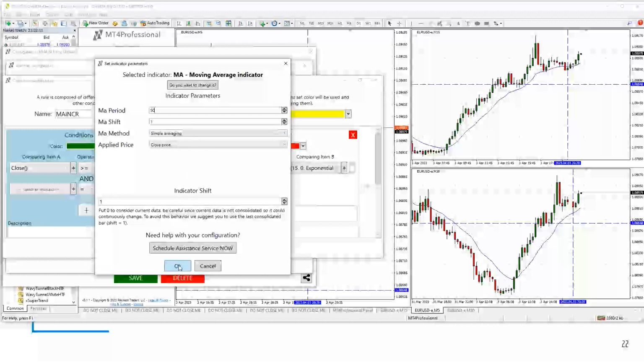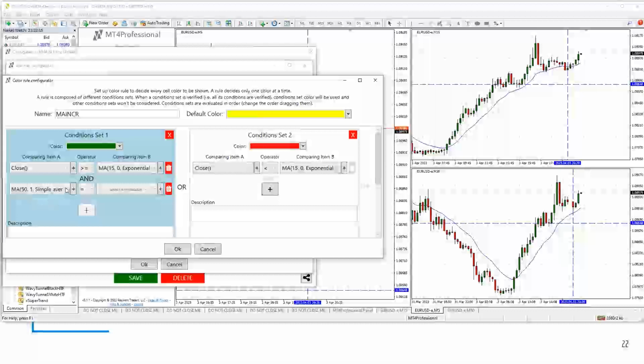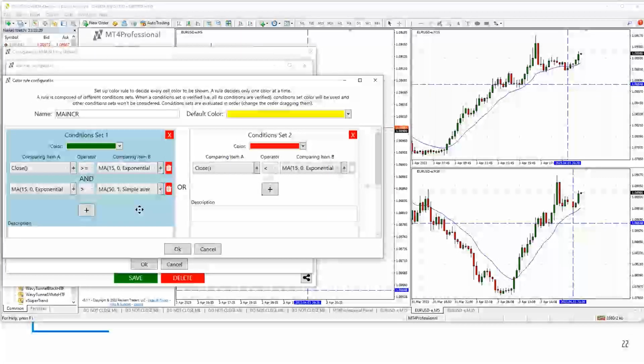So I'm going to define that one. Okay, so I'll just click OK, and I have defined that. But I want to see if my 15-period exponential moving average is also greater than the 50-period SMA. Do you see how I did that?